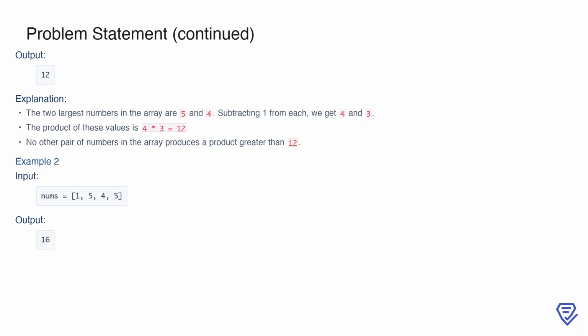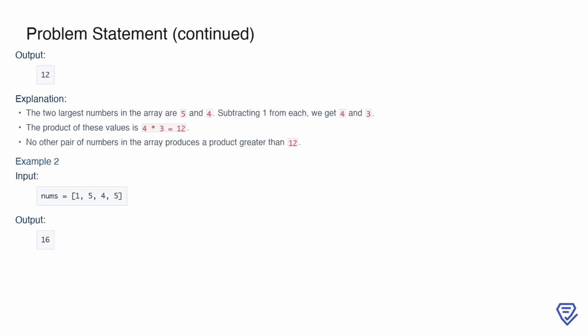In the first example, the input array is 3, 4, 5, 2. To solve this, we identify the two largest numbers in the array, which are 5 and 4. Subtracting 1 from each, we get 4 and 3. Their product is 4 asterisk 3 equals 12. This is the highest value we can achieve with this array since no other pair of numbers produces a greater